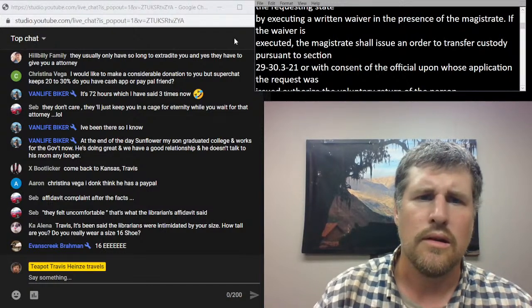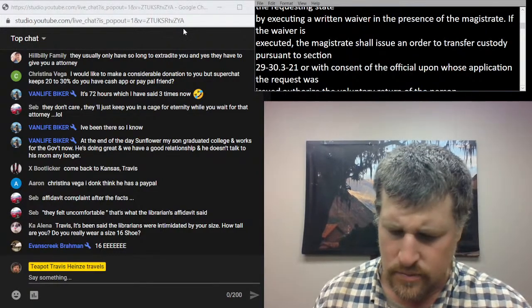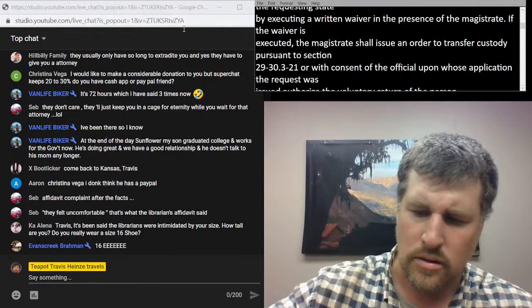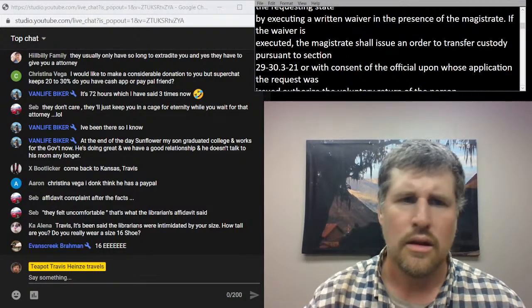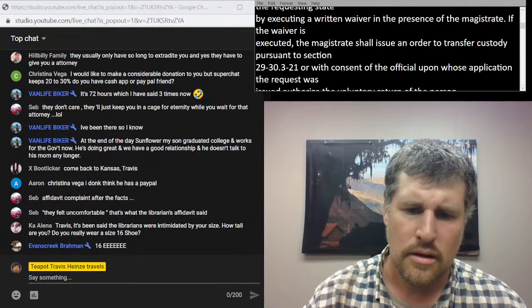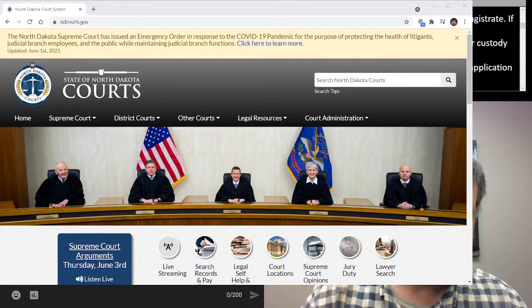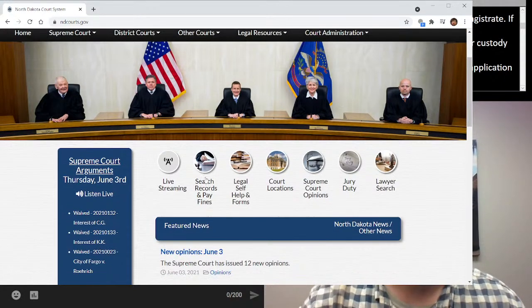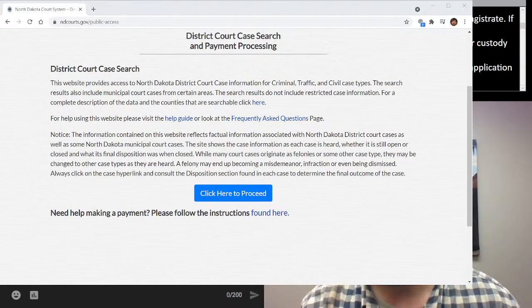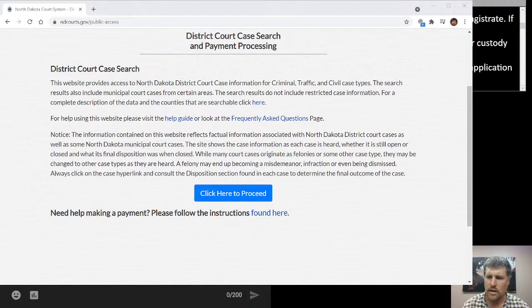Let's see. Okay, I was gonna get into extradition. No. Gmail again? No, no. Yeah, I wanted the ND courts. Okay. All right, let's pull that out. Okay, and open up. Let's see, window capture. ND courts. Once again, search records and pay fine. I was told that I have two. Wait, how does it look? Okay, fine. I can shrink that a little. That picture. I was told that I have two